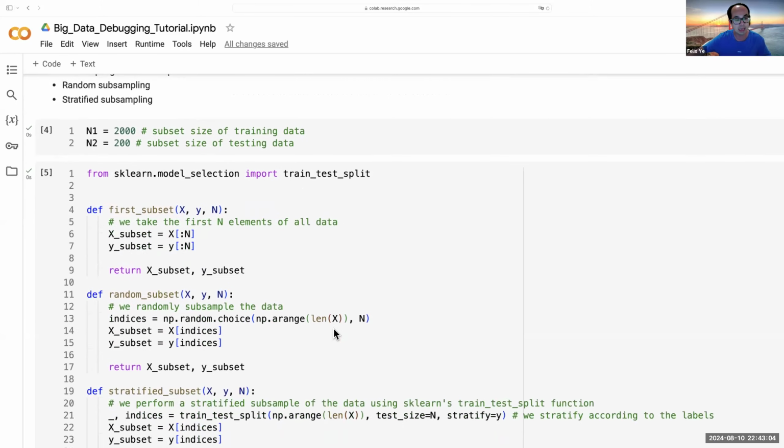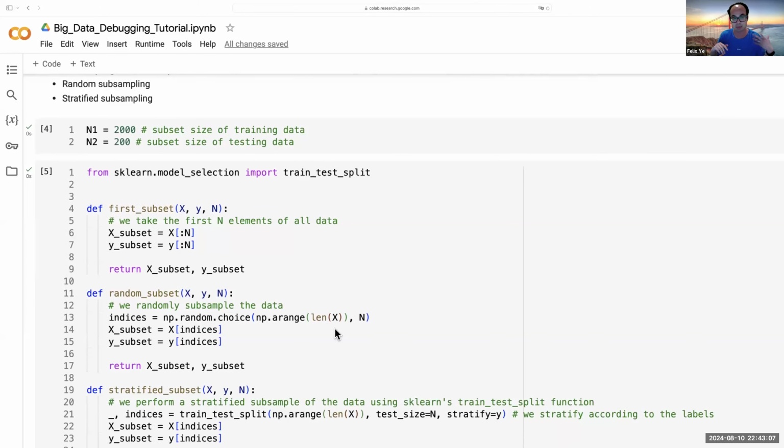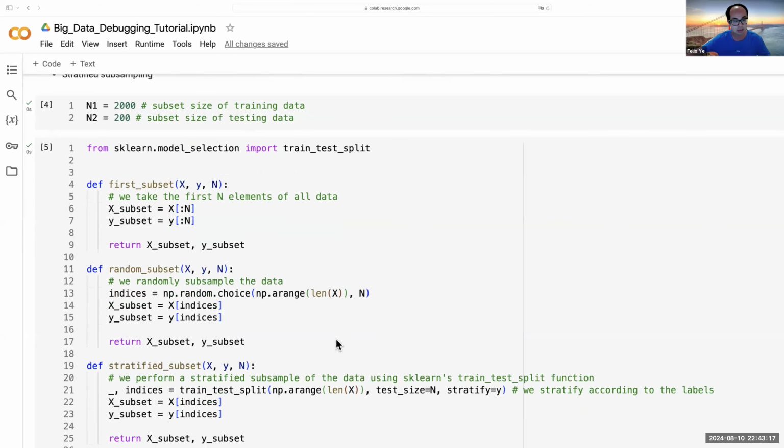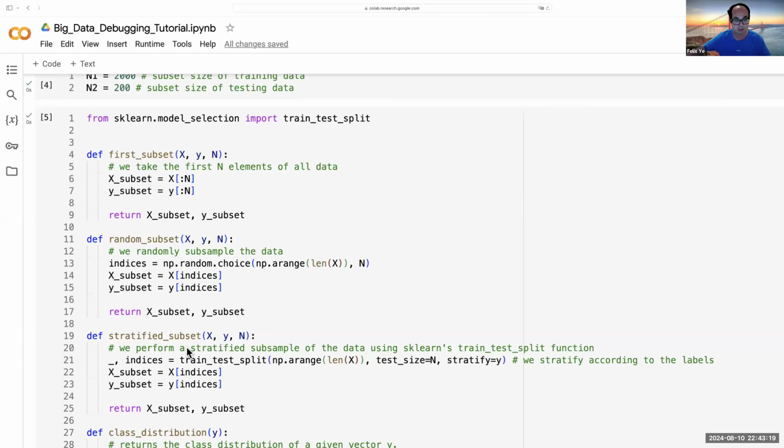Or we can randomly subsample the data, so basically just sample 2,000 data points. And with that, we can also do stratified subsampling of the data using scikit-learn. So this is the difference here. The difference is between stratified subsampling